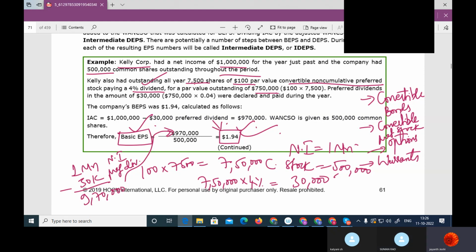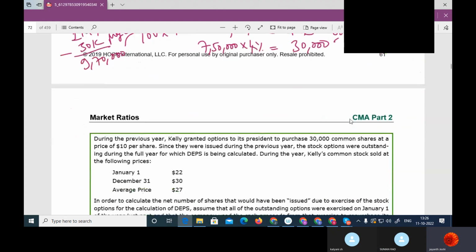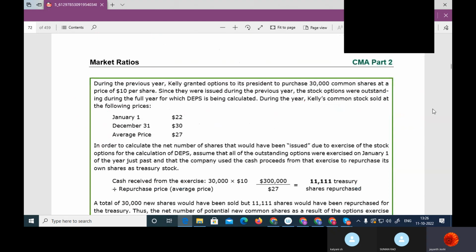Okay, sir. Yep. So next point. See, now some events are happening. We have to consider those events. During the previous year, Kelly granted options to its president. That means they have given an option to their employee to purchase 30,000 common shares at a price of $10